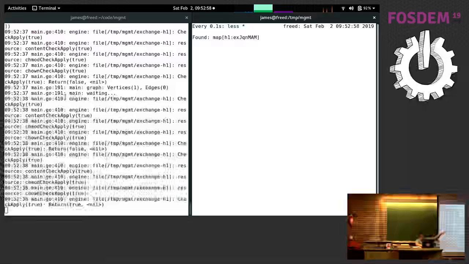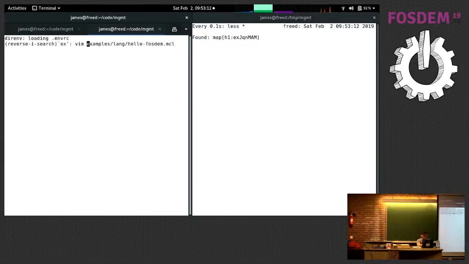The first machine, they're all going to run the same code. They're going to start up, they're going to generate a random value, and they're going to put that in this shared database. In this case, it's just a map with their host name and the random value. Now, if I start up a second machine,